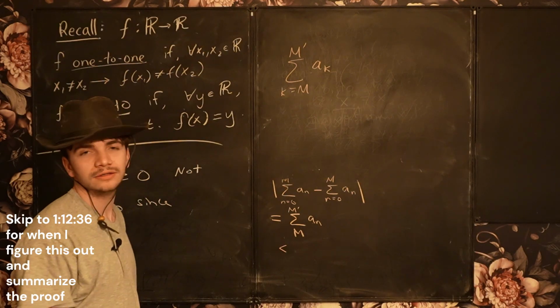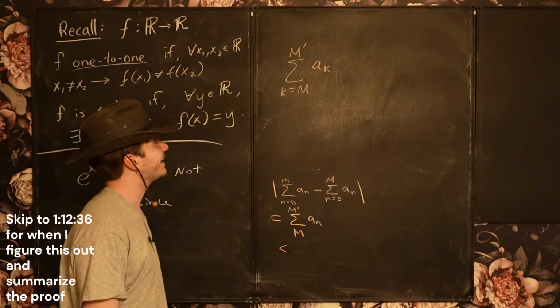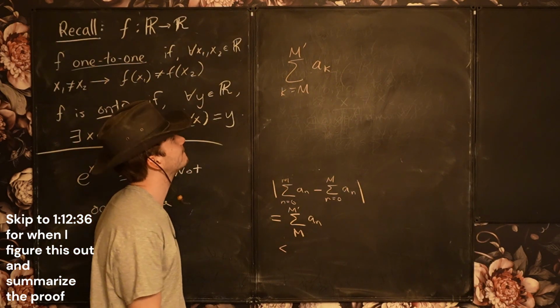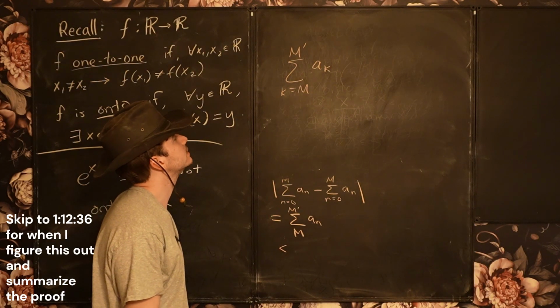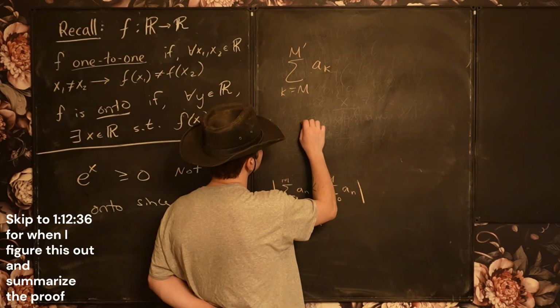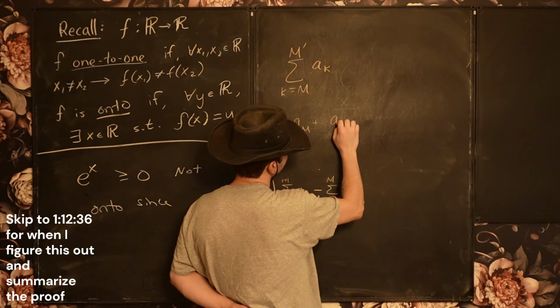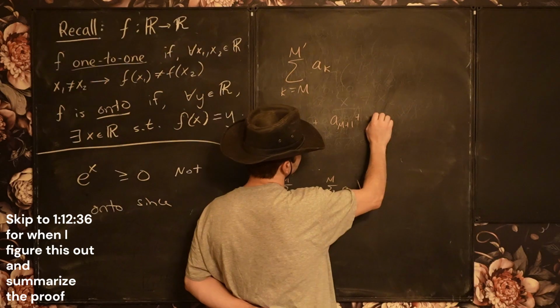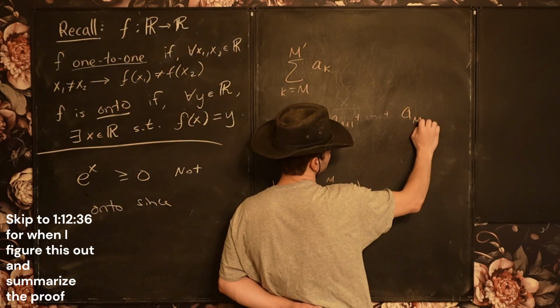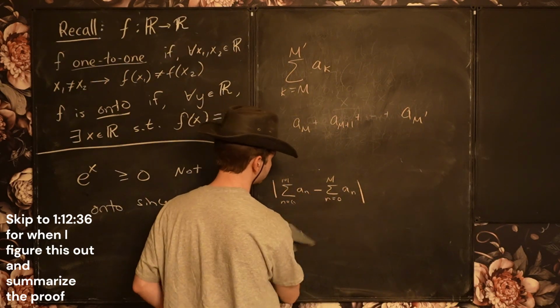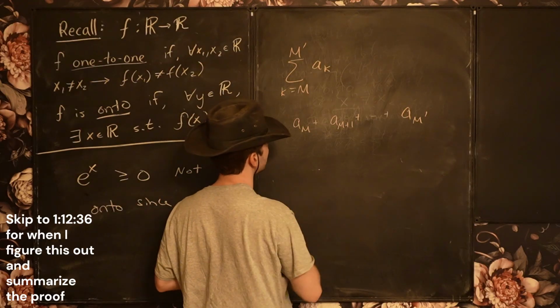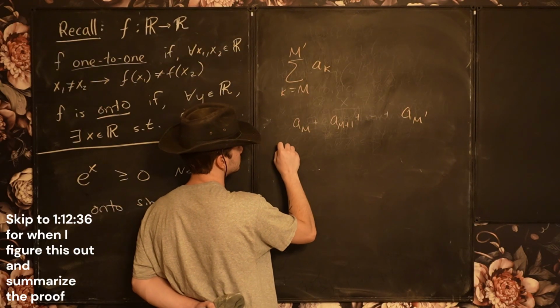Okay, good. So a_m plus a_{m+1} plus dot dot dot plus a_{m'}. And then this thing is